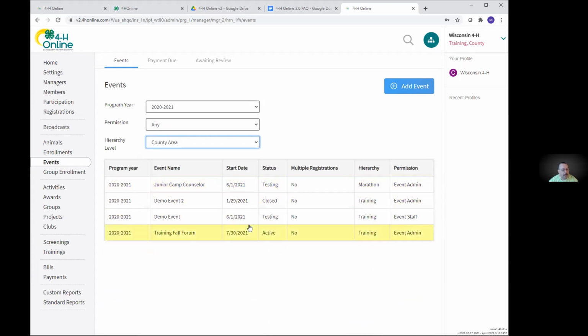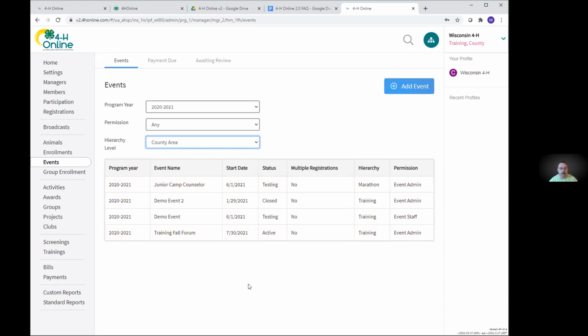So here's my list. Now, you'll notice the program year is listed here, and it's also a drop down up here, which means that next year, you can actually filter those listed to look at only the ones from the current year. Or if next year you want to look back at one, it's going to become even more useful a couple of years down the road, when your list is going to be really large.